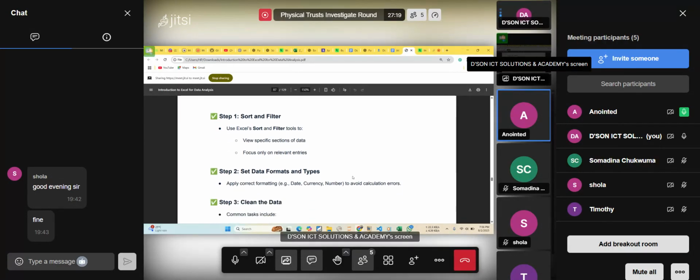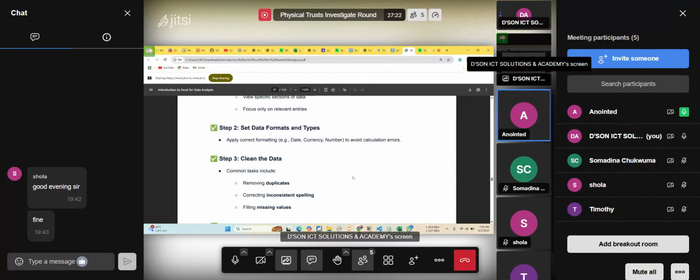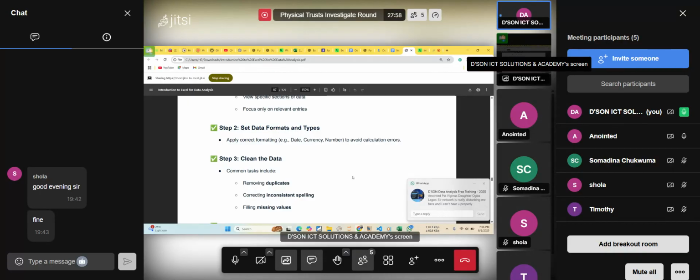Now, we also need to set data formats and types. The date column needs to be correctly set. The way you record your date, it may appear as text. You need to use your tool, like Excel in this case, to make Excel know that this particular column is a date. Otherwise, you will not be able to do a good visualization with it. Then the part that has to do with currency, let's say a column that is talking about price. If that price is just numbers, 50,000, 20,000, 80,000, 100,000, just like that,